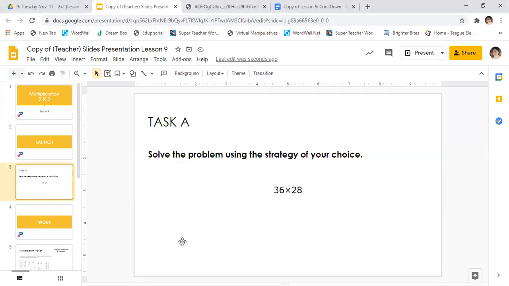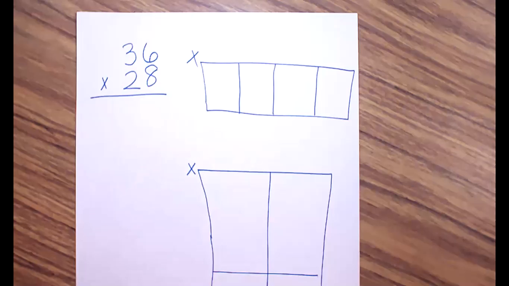Let's take a look at this problem right here. It says task A, solve the problem using the strategy of your choice. Now, what does that mean? What choices do we have? Let's talk about what choices we have and what strategies we can use to multiply. So here we have task A. We have